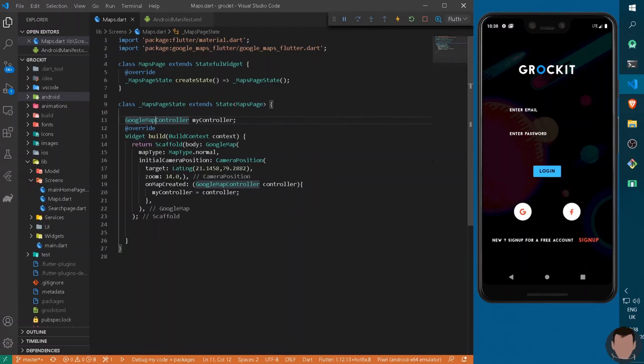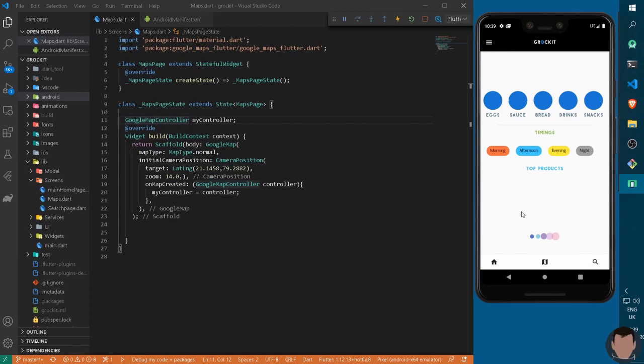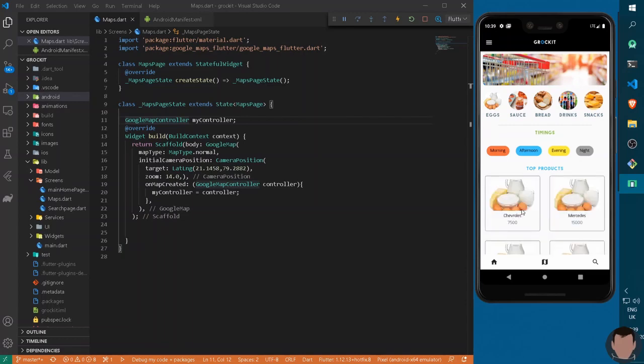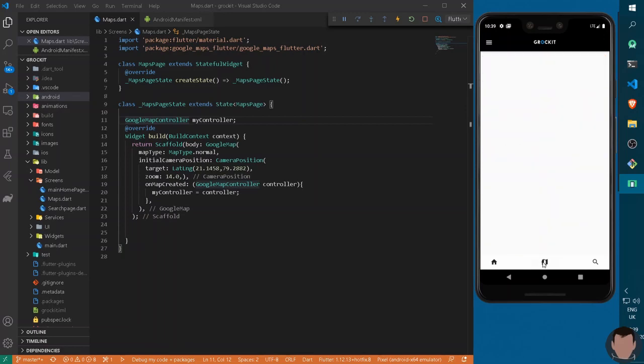Alright, so our application is up and running, so we can just log in with Google into our application. Okay, so let's check our map section. If I press this button, here you can see we have initiated our Google Maps. As it is on an Android emulator, it will take more time to load because of its virtual machine. Because it is on a virtual platform, it will take more time.